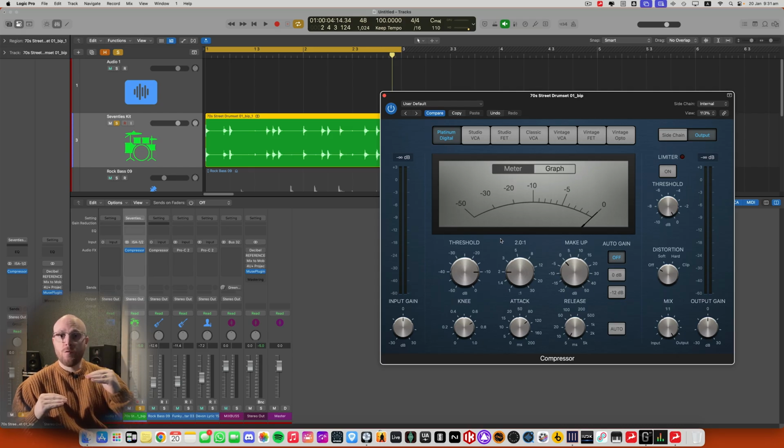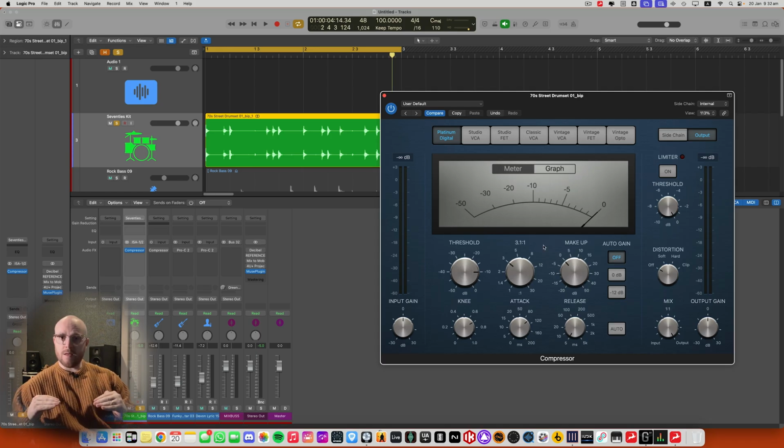If we go 4 decibels above the threshold, we can only exceed it by 50% of that, so we can only therefore go 2 decibels above the threshold. Following so far? Let's go to another ratio. Let's increase a little bit more. So if we go to a ratio of